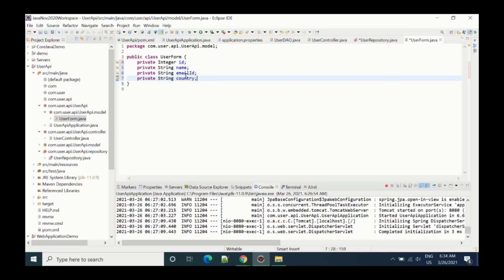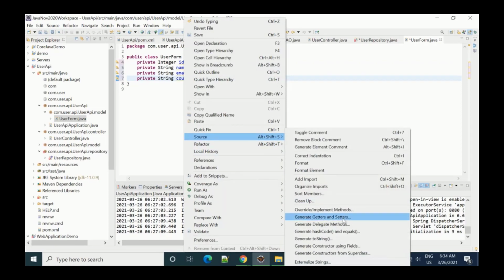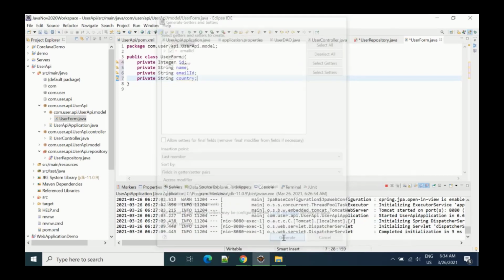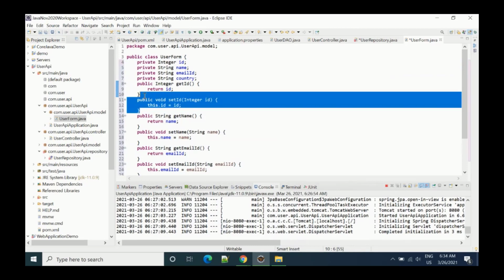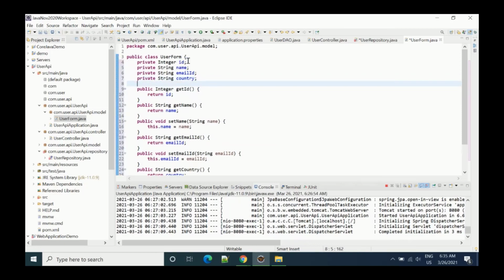Okay, then we have to generate the getter and setter for all the methods. After that you can remove the setter method for ID. Okay, this is a special requirement. We can remove this setter method for ID, so we will use ID only to get. We don't need to set it. That means somehow we have to auto generate this one.